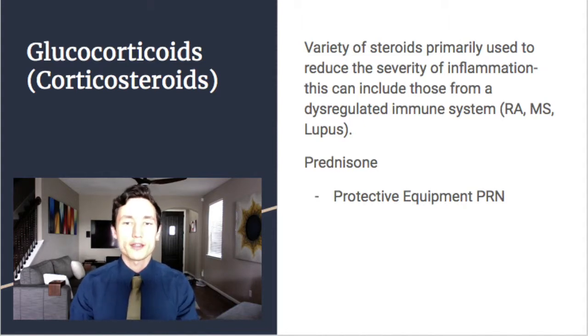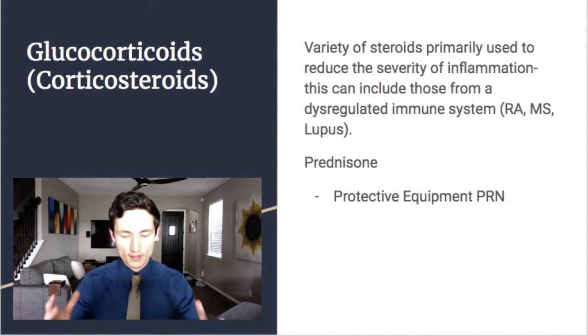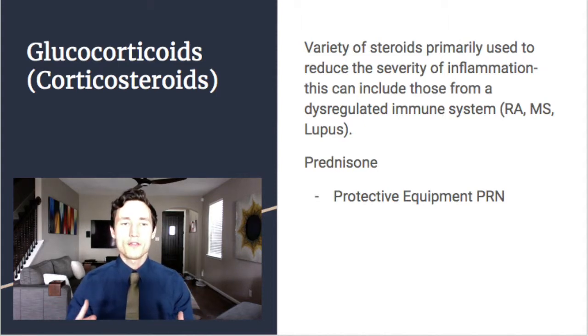So we can see this in cases like asthma or COPD or osteoarthritis, where it's ill-regulated inflammation, and we can treat that with glucocorticoids. These drugs can also modulate how your body utilizes fats and sugars, and overall, what I want you to know is